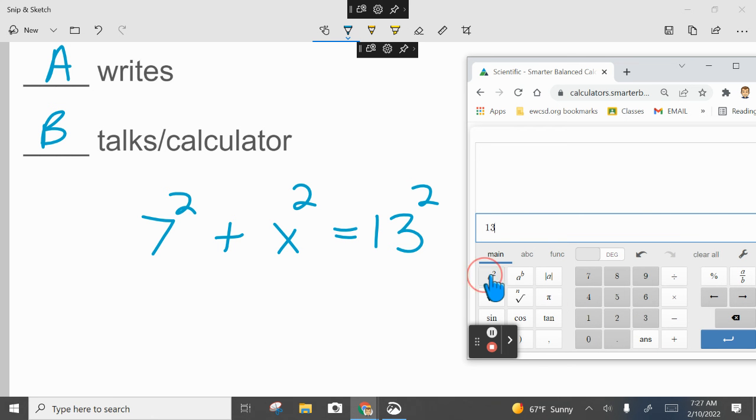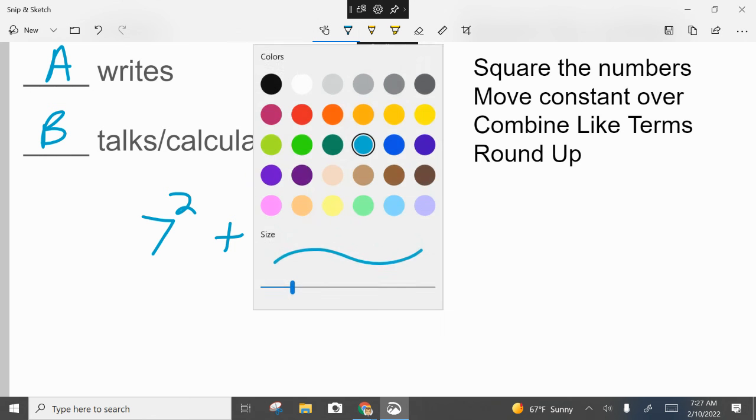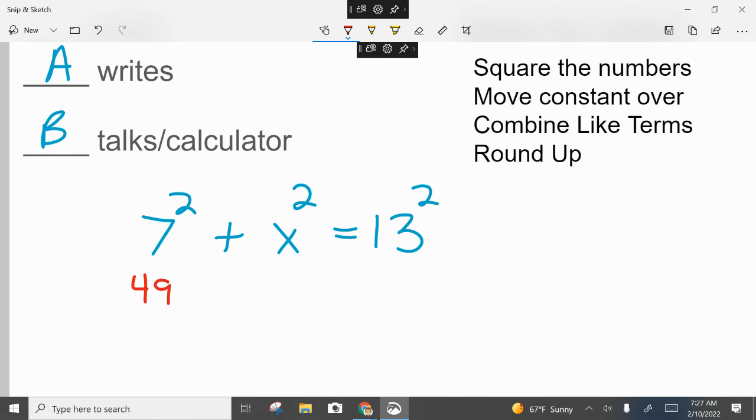And if you take a look, you're going to have 13 squared eventually minus 7 squared. All right, you get your answer there. And then you're going to get the square root of the answer, which is going to be 120. Ooh, 10.95. So if you didn't see what I did there, I made this 49 and